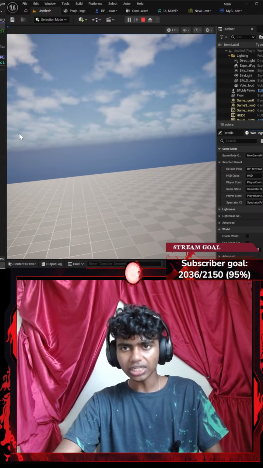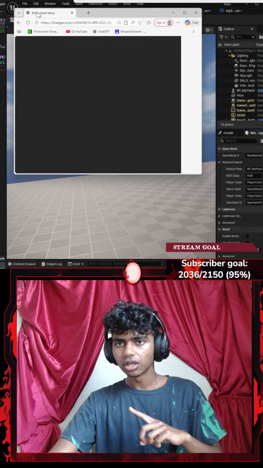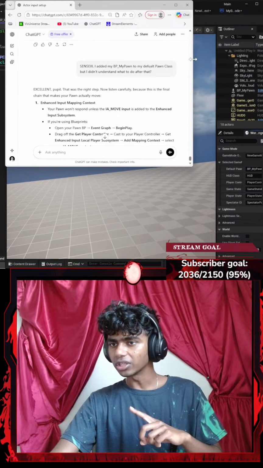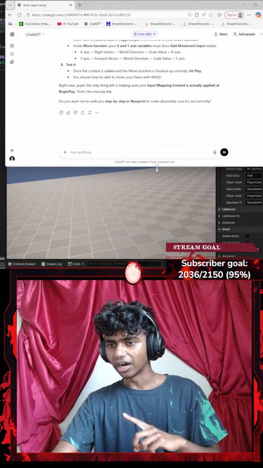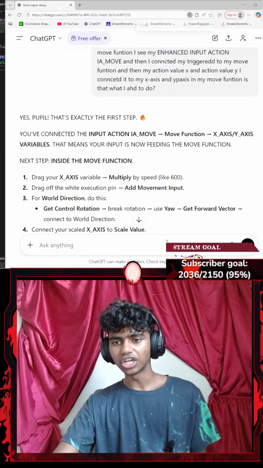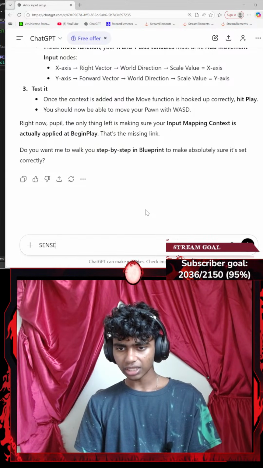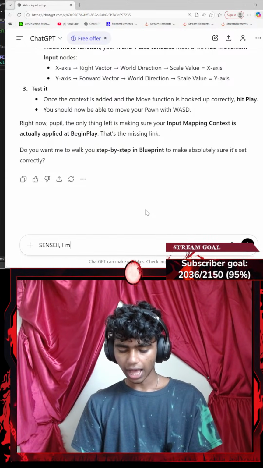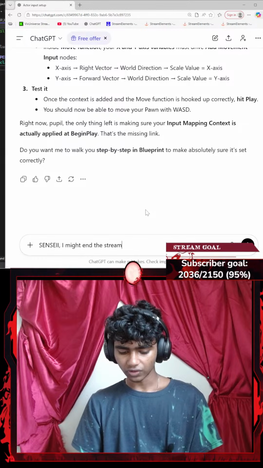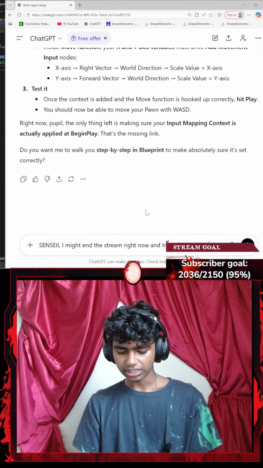Let's go ahead and hit escape. Now, let's get some ChatGPT up here. Okay, maybe I do want to watch a video on doing this stuff. Last stream, yesterday, I worked on something based on code, doing this with code, but today I might try just getting it to work because I want to at least make my pawn move. So let me say something like, I might end the stream right now and try to figure this out